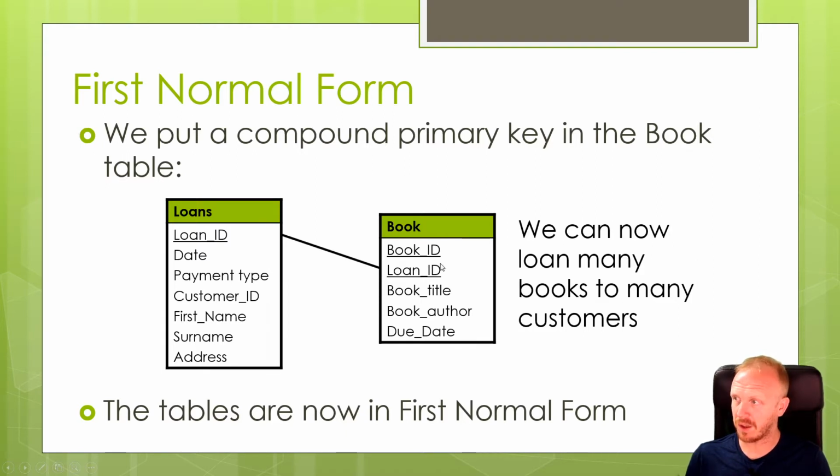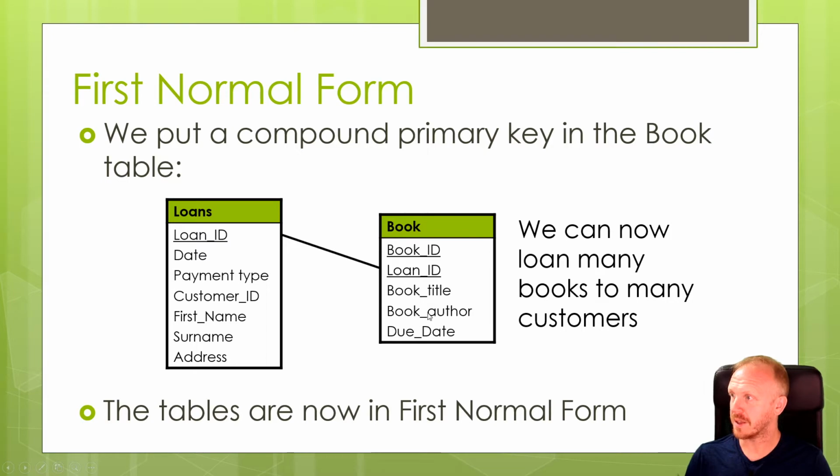It's still not very good because we're duplicating the author, due date, etc. every time we make a new book, but we have solved the problem of there being a many-to-many relationship between loans and book. And that's first normal form. Okay, before I go on to what second normal form is, and second normal form will sort out this problem of repeating this book information down here,